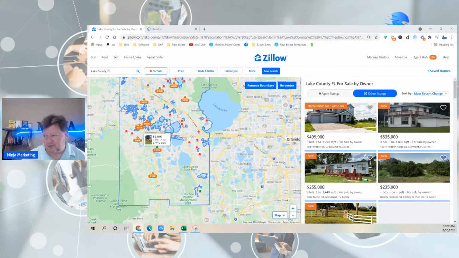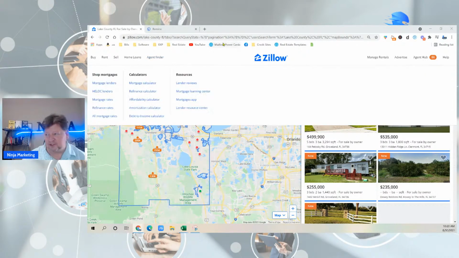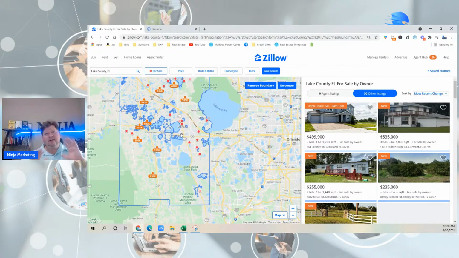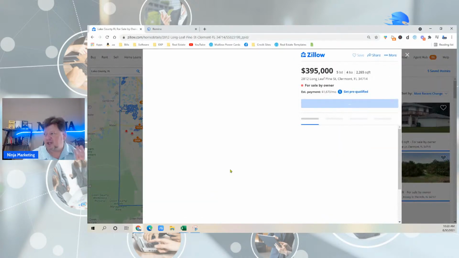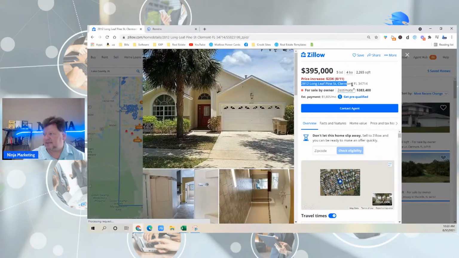Now watch this. Over on the Zillow site, what I did was I put in Lake County, Florida, which is where I live. And then on the for sale side, I just clicked by owner. I got rid of everything else, right? And so when that's done, it's pulling up every home in Lake County that's for sale by owner, right? So let's do this one. I'm just going to pull this up, right? So what I'm going to do is take this address